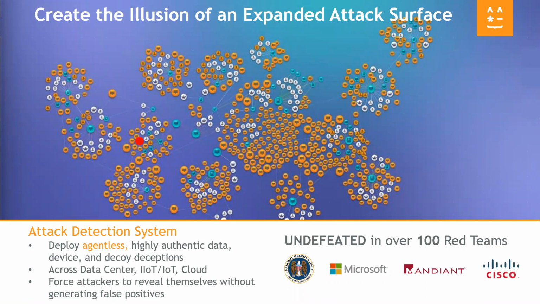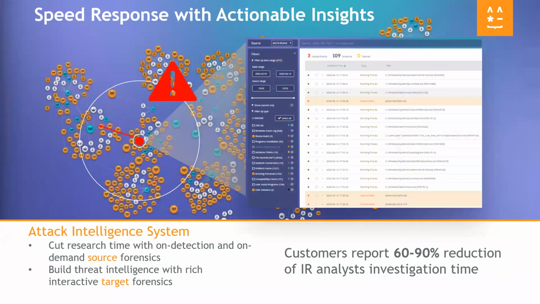So, in the diagram here, if an attacker lands on that particular point and attempts to move laterally, as shown here, we'll detect that lateral move attempt, and that will take us into the next step here, which is respond. When that attacker takes that move, we're notified, and we have a second executable that we can send down.